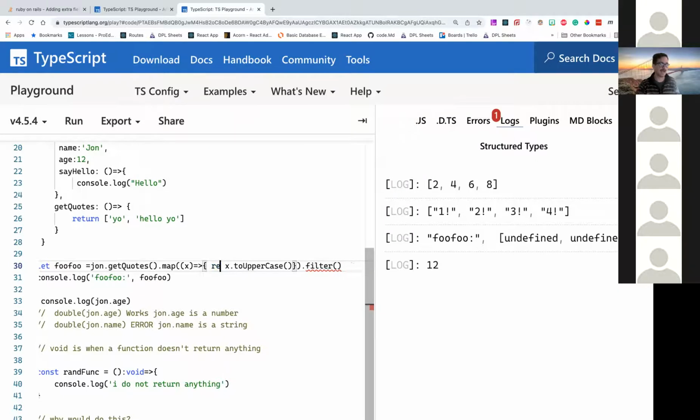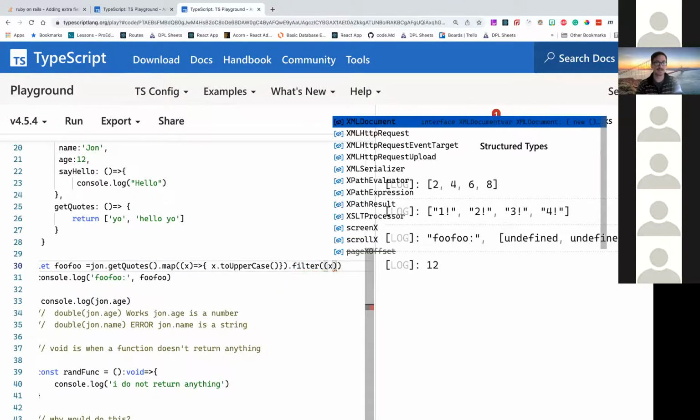When I didn't have that return there, this function was returning void. So when I called the filter method on this whole thing, and look for IntelliSense on this method,